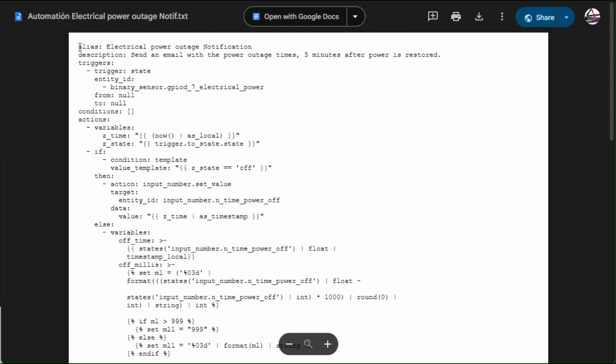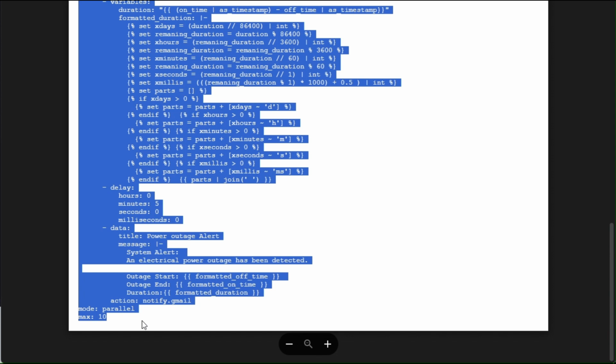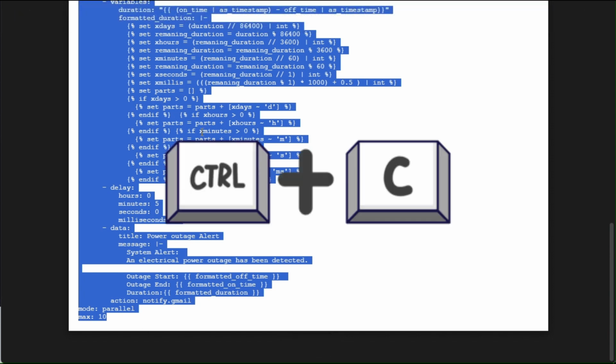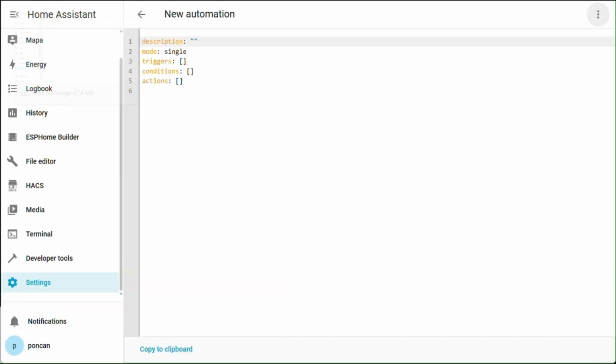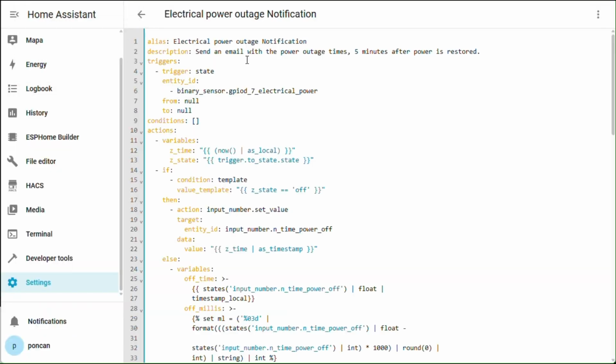Copy Ctrl+C. Replace all content by pasting the code. Save with the new name.